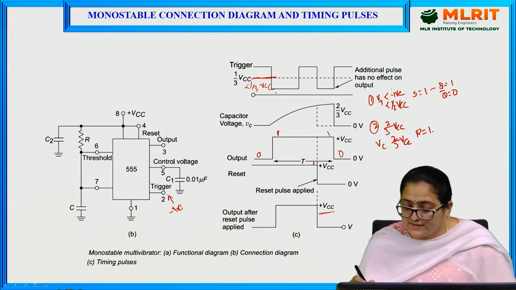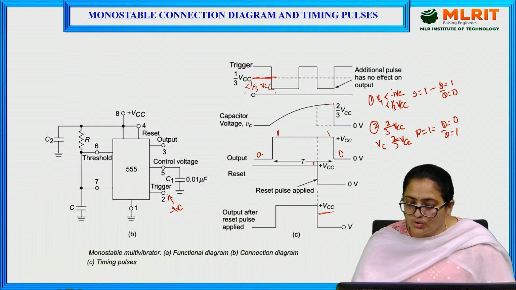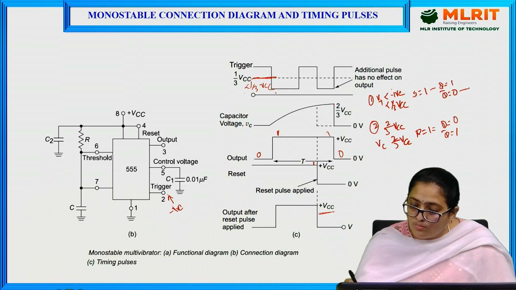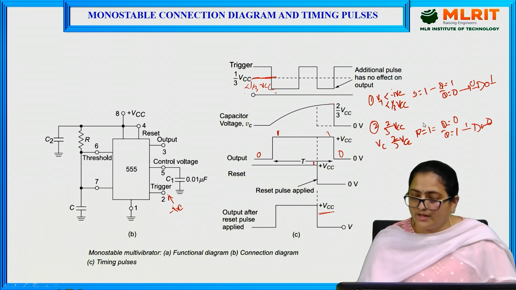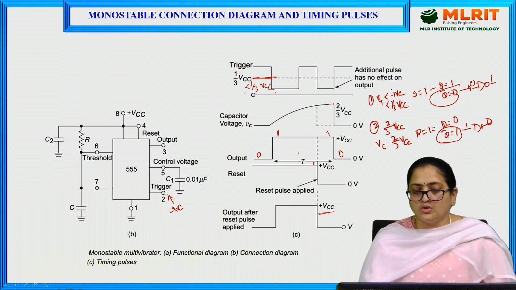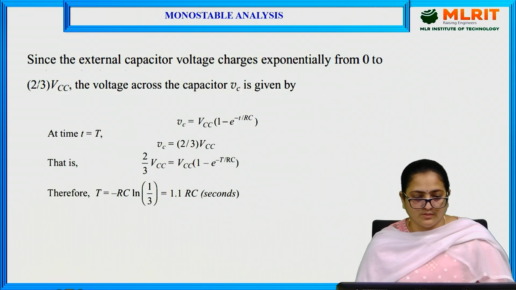R is equal to 1 for the reset flip-flop. So Q will be equal to 0 and Q bar equal to 1. Your output will move from 1 to 0 at the output side, because your Q bar has been connected to the inverter, so the output is the complement of the Q bar value. So, this is the timing diagram for a monostable multivibrator.